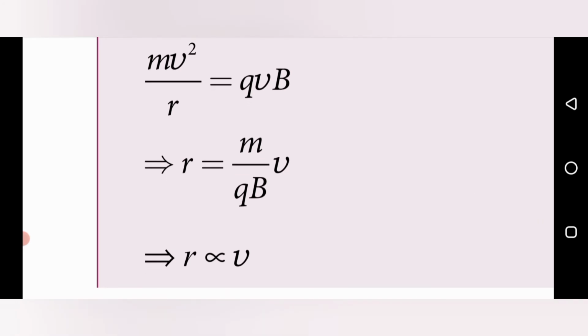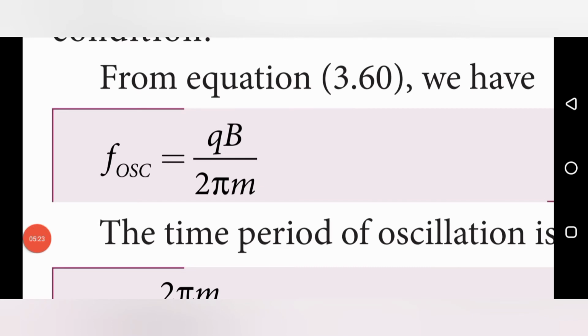Also, the condition of the electrons in the cyclotron is the resonance condition. Resonance means that one frequency can occur in that. Because of this frequency, the positive ion circulates in the magnetic field, which is also equal to the constant frequency of the oscillator. So we have to find the frequency value also. We already discussed that F is equal to, for a complete rotation, qB divided by 2πm. This is the frequency of the oscillator: F is equal to qB by 2πm.